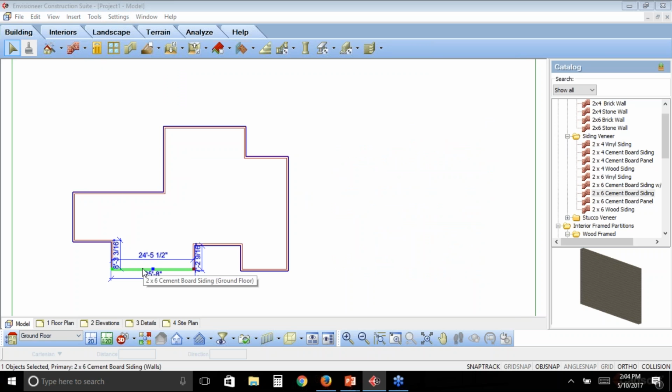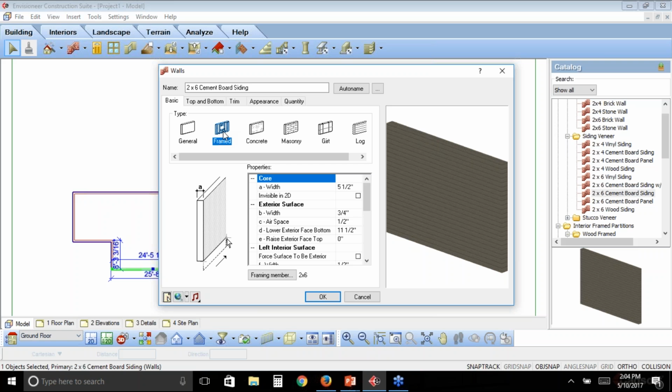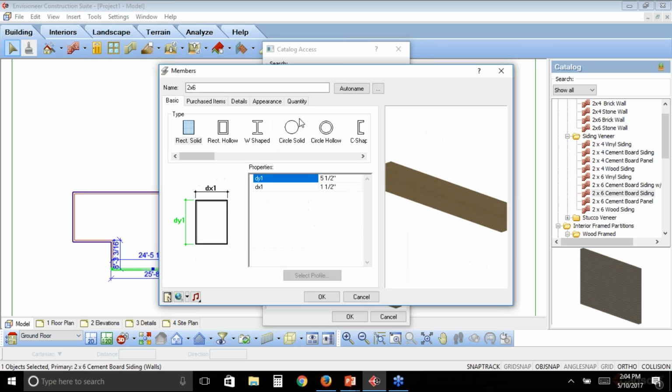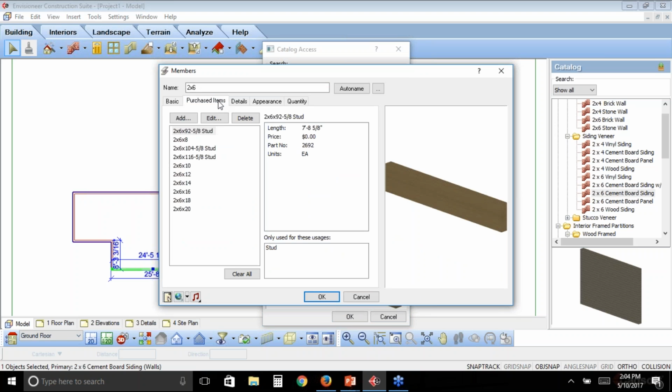All of that is being calculated as soon as I start drawing that wall. Also in the information about that wall, you can see that it's a framed wall and that it's pulling off this framed member called a 2x6. That 2x6 has information behind it as well. It knows all the purchased item lengths that it's available in that I would like to pick from. So it has my pre-cut stud lengths, my 8-footers, my 10-footers, 12s, and each of these will have rules associated